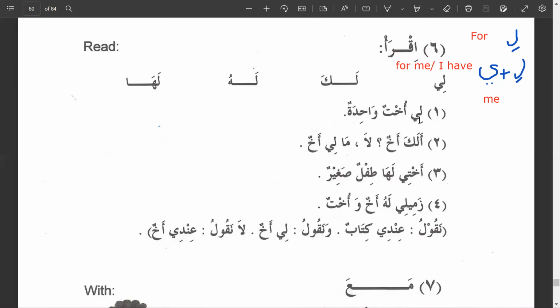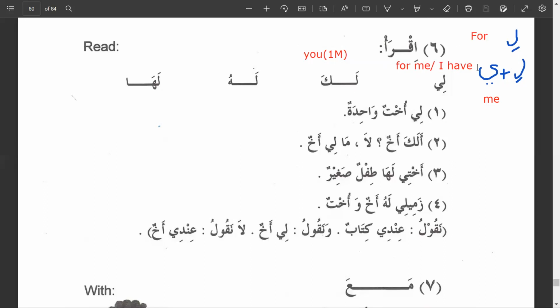Okay, so laka, ka is attached pronoun for you, and you is a single male person in front of you who is present and you are talking to him. Then you say you, right? So ka means you, which is one masculine, right? And laka,